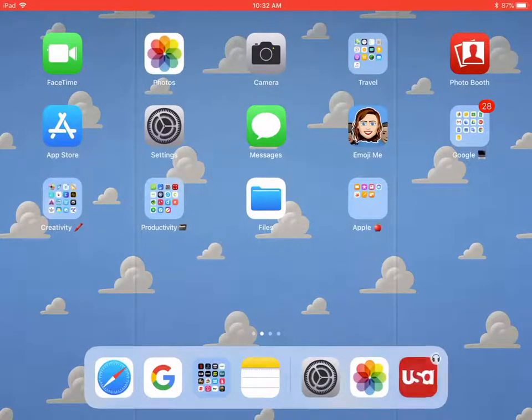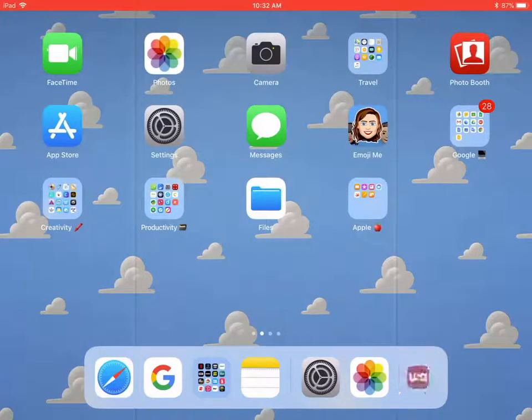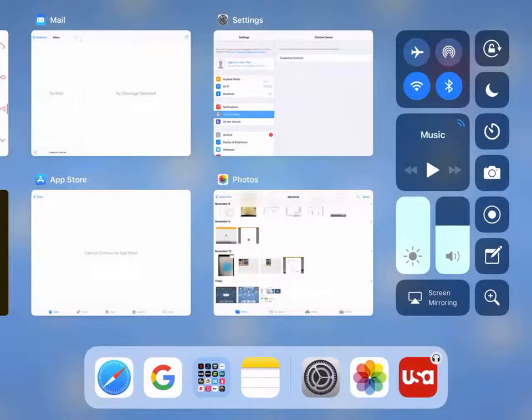To access your control center, you swipe up from the bottom of the screen. Your control center appears along with all the apps that are currently open on your iPad. And you will see right now that in my control center here, the screen recording is located just below my camera icon. If you do a long press on the screen recording, you have the option, if you haven't started your